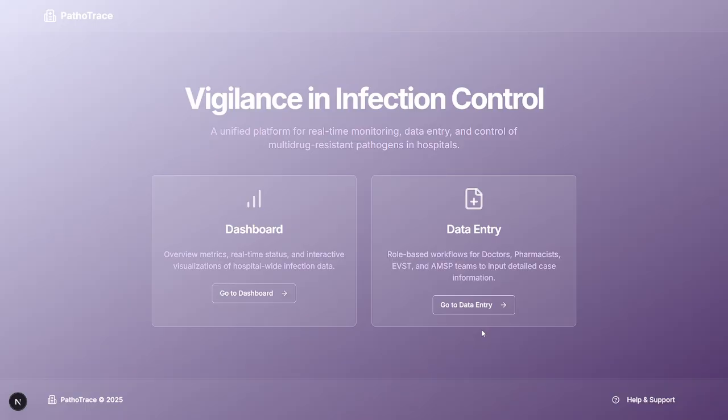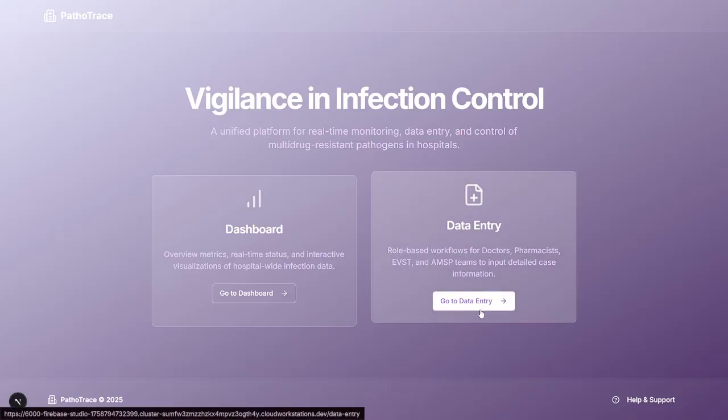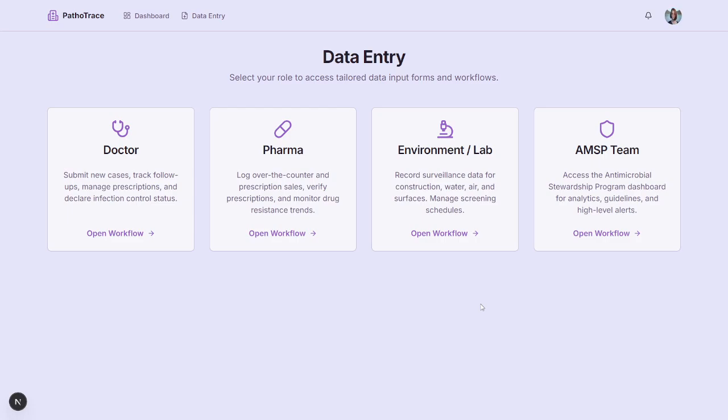So, what we plan to do by creating this interface is that it's an interface which is available to the important stakeholders in the hospital who can manage the data entry, and at the same time, using real time cross device announcement, an alert can be sent across to all the stakeholders who need the information at the very same time with real time updates. So let's see how this works.